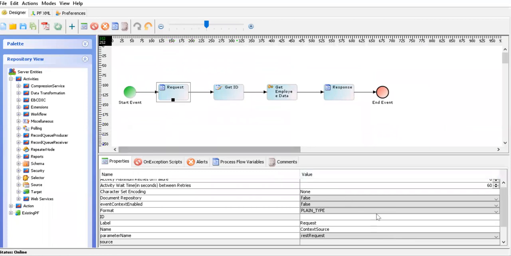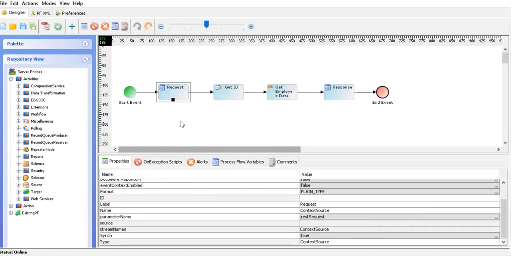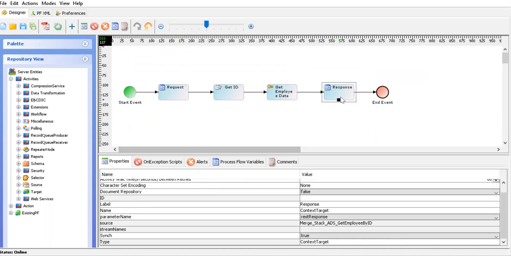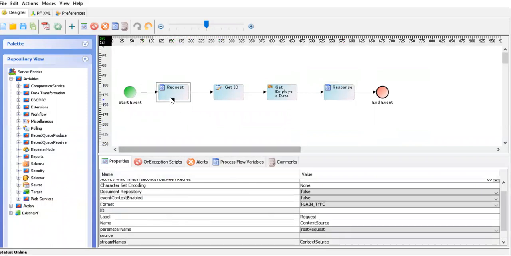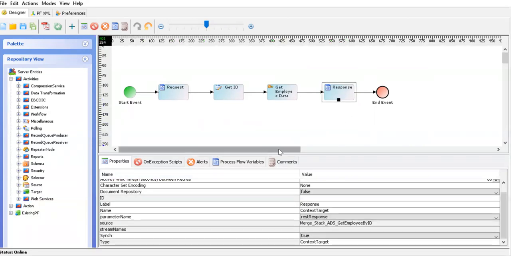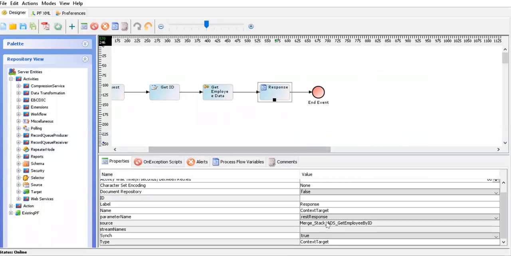This is a context source which is storing the incoming request in REST request. REST request is a context variable again. And we are sending the response from a context variable. So the incoming request sits in the REST request, and the outgoing response sits in the REST response.